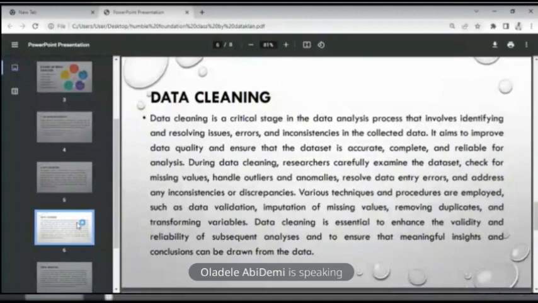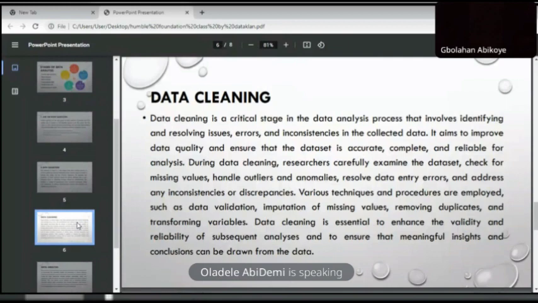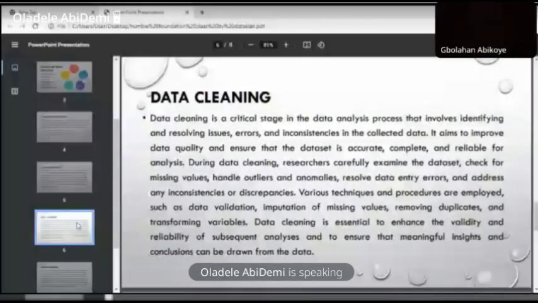Now, it aims to improve data quality and ensures that the data set is accurate, complete, and reliable for the analysis. Now, during data cleaning, researchers carefully examine the data sets. Okay, you check for missing values, you handle outliers, anomalies, and you resolve data entry errors. And of course, some other things like that. It's a very, very important stage that cannot be overlooked.